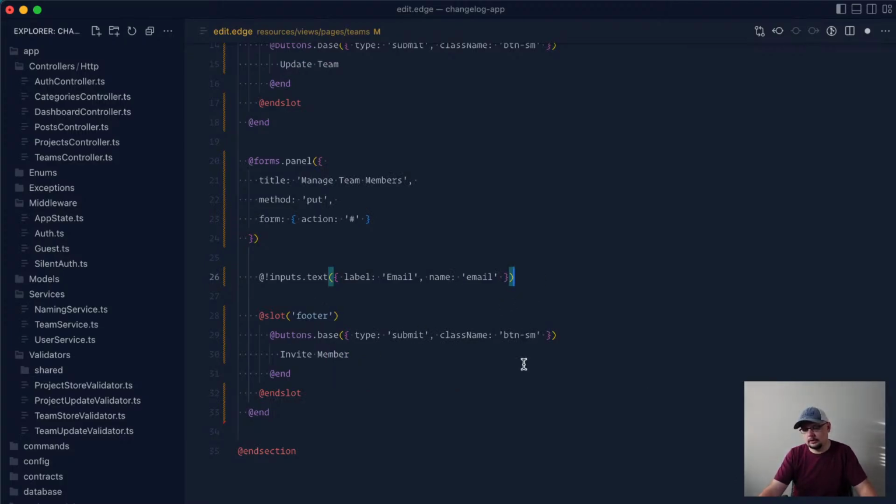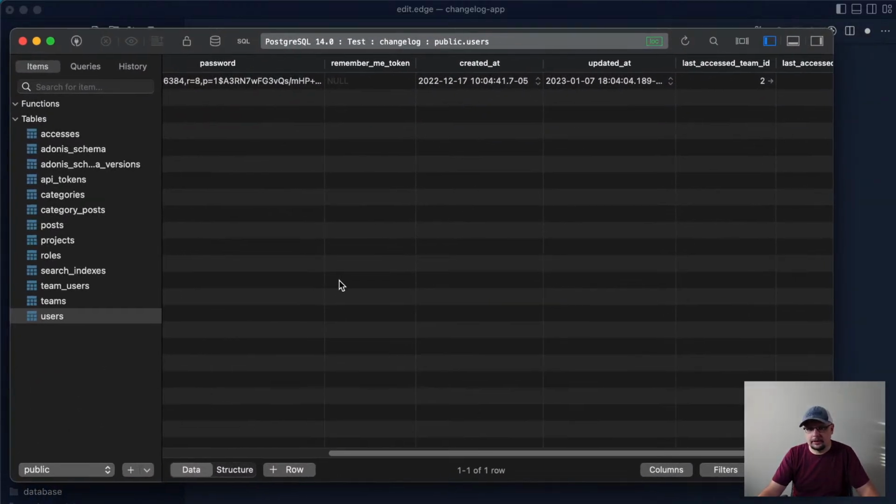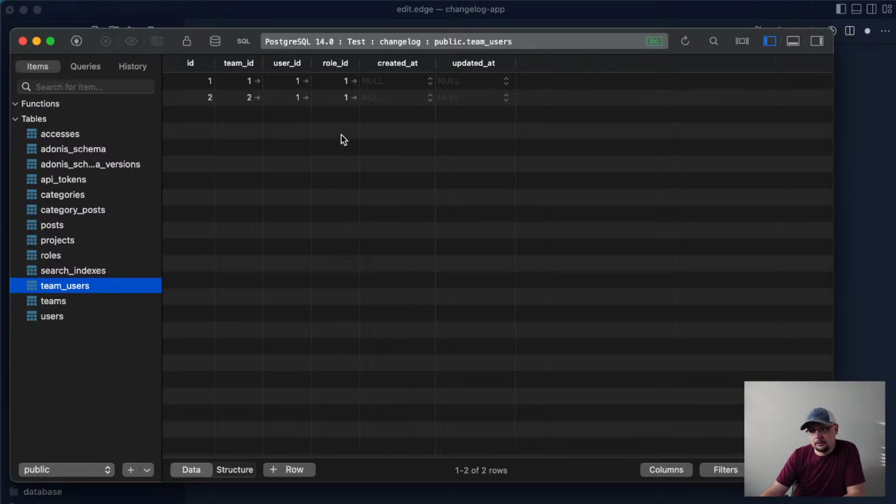We also want an additional field here. So if we take a look, let me pull up the database here. See if I can get, there we go. All right, so if we take a look at the team users table here, we do have a role ID. So what we want to also be able to do